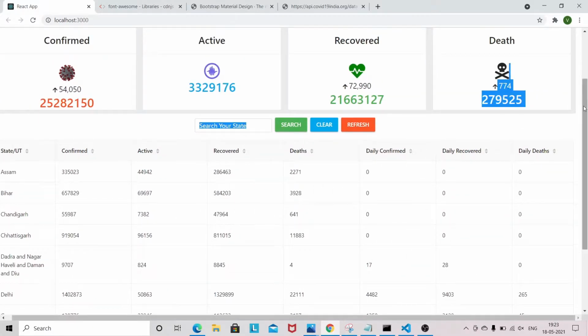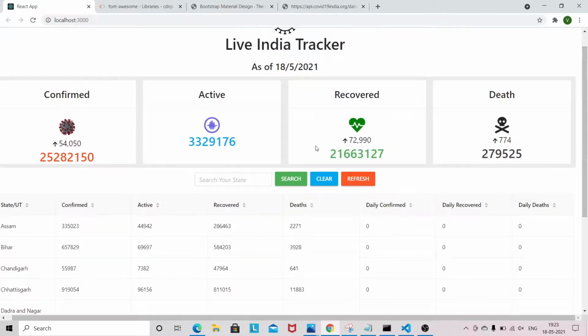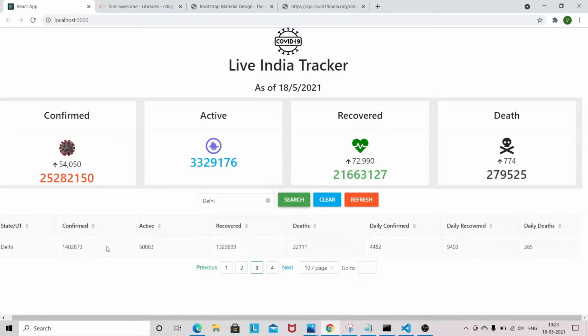And apart from that, you can also search your state. Let's suppose Delhi. So if I search, Delhi is there. You can either clear out from here or here, both will work the same.